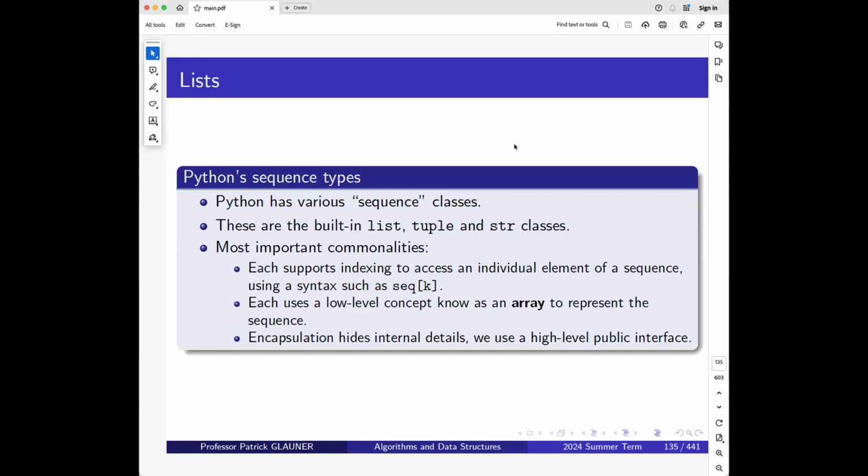Strings are also sequences. You can also imagine a string in a simplified way as actually a list of characters, if you look at it from a very primitive view. And the one thing you can do with these sequence classes is you can always index them with an index k, and you can randomly access in there, or you can use your random access memory. And internally, these sequence classes use a lower-level concept that we call an array. They use this internally, but they hide the details of the array, and they provide you with a high-level